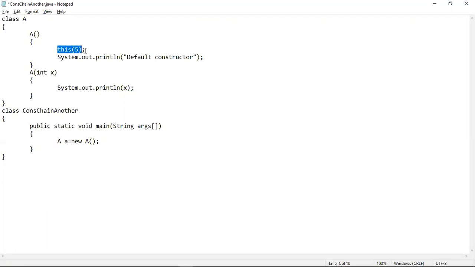Here we have called this one from this one, unlike the previous program. In the previous program, you have seen that the call was made downwards, and here the call is being made backwards. So first this constructor will be executed, then the chain will go backwards, then this constructor will be executed.